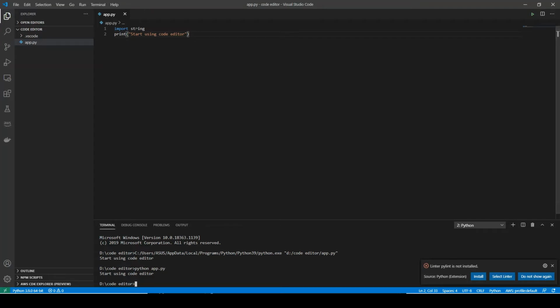So all the statements you have written within your Python application would be executed, and the output would be shown in your terminal like this. Okay, so that's the basics of using the Python interpreter and Visual Studio Code editor.